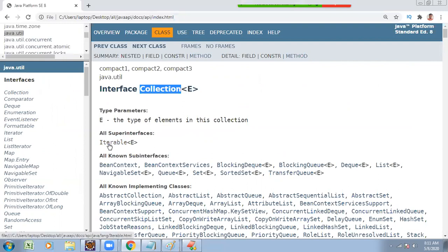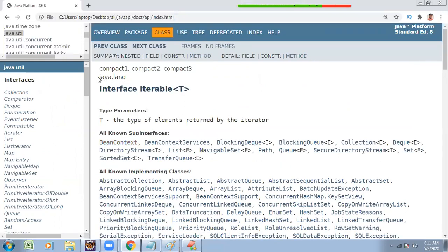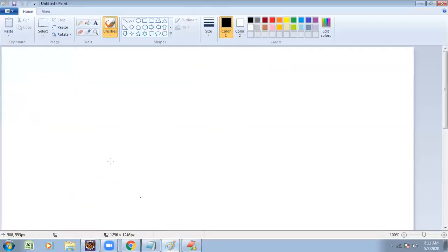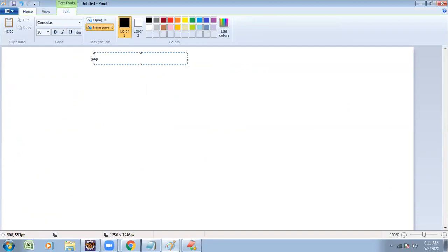The Iterable interface, which is available under the java.lang package. Observe, first the java.lang package contains the Iterable interface. This is a super interface for Collection.